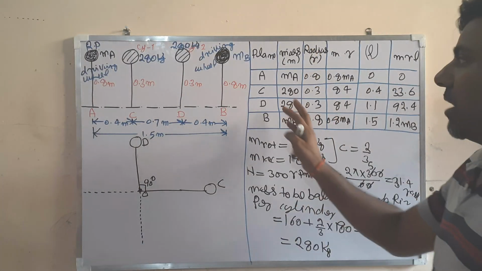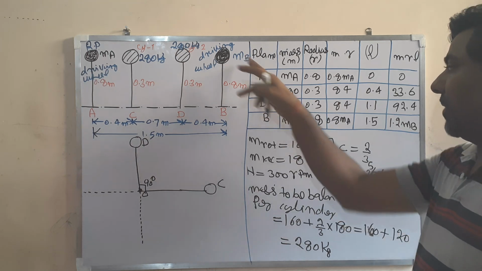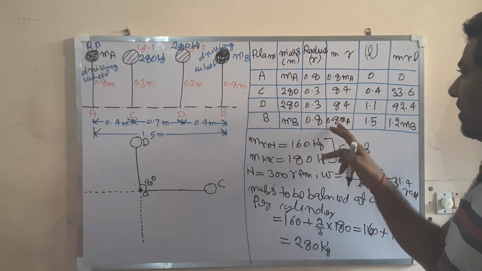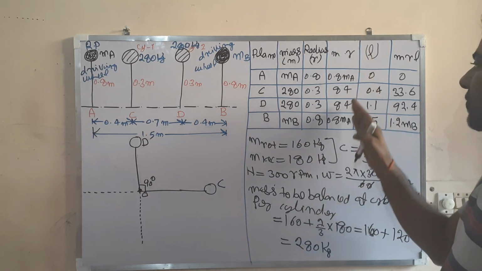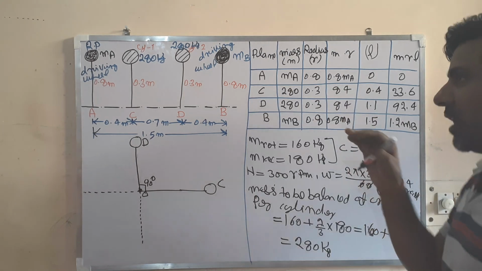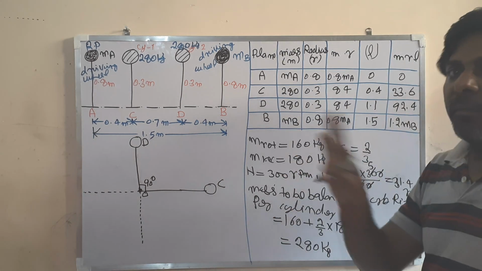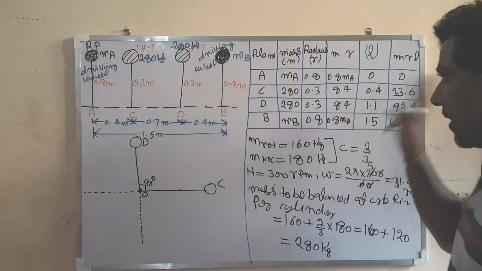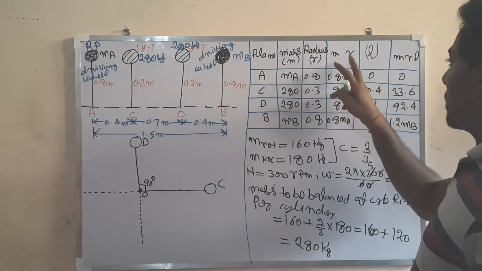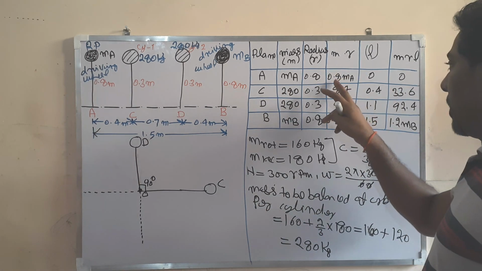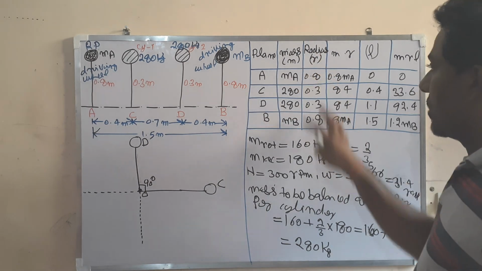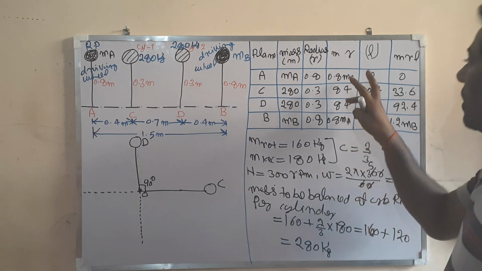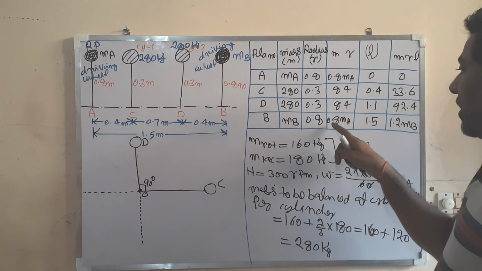So what are their masses? MA is 280, and the mass in plane B is MB. Their radii are 0.8, 0.3, 0.3, 0.8. The same thing is written here. Now you find the centrifugal force, that is m r omega square, but omega square being common in all the analysis, we are leaving that. We are not neglecting it, we are leaving it because it will get cancelled out. So just calculate m into r. You multiply these two, a similar procedure to what we adopted for rotary balancing. So this is 84 and 0.8 MA.